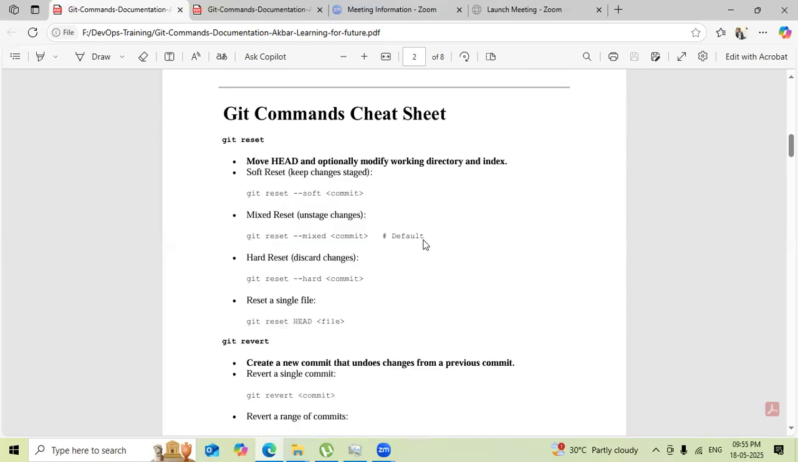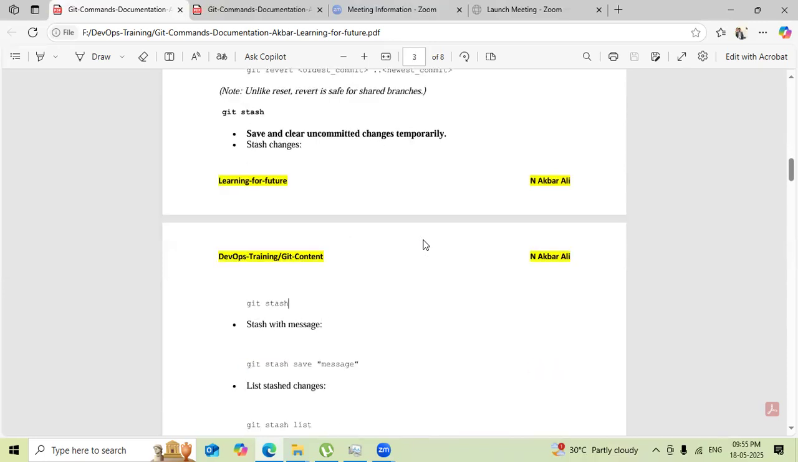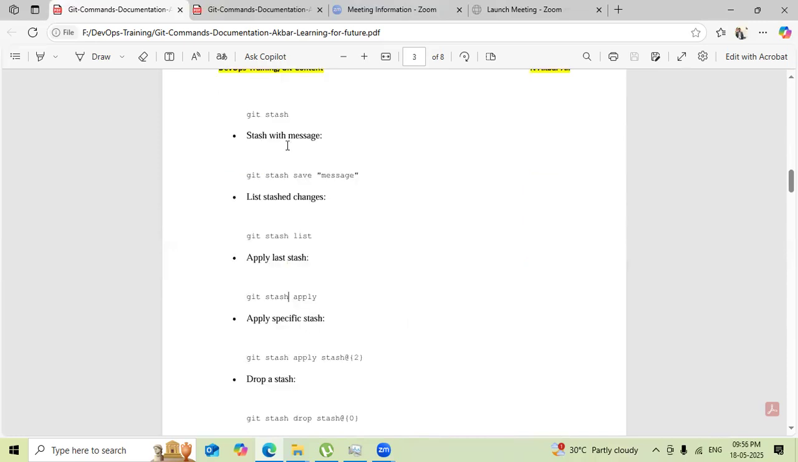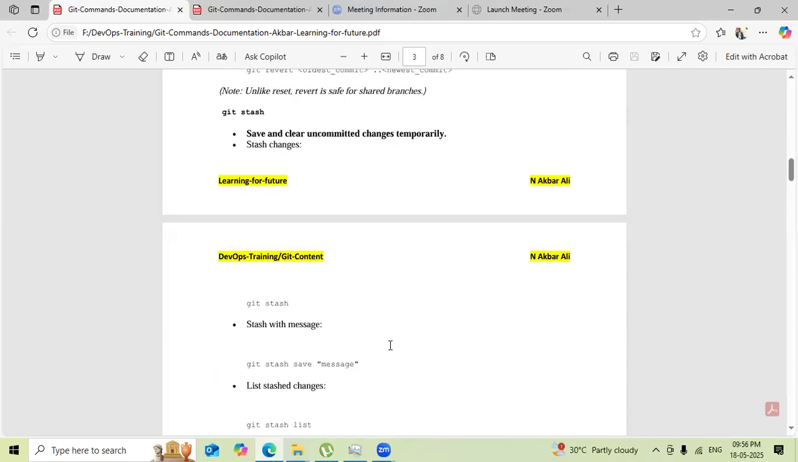Git reset: soft, hard, mixed. Okay, git revert, git stash. And this is something you will come across in your day-to-day activities. Git stash save changes. Once you save this, you can see the list here. Git stash list. Then you can go for git stash apply. And once you say apply, you can use git stash apply stash@{2}. When you see the list, it will show you these numbers. Once you save it, if you have n number of changes, git stash pop,